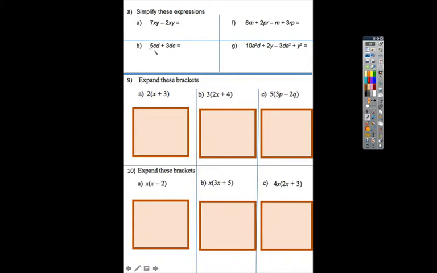Remember that 5CD is the same as 5DC. If you remember when we did 2 times 3, well, that was the same as 3 times 2. And you know that there's going to be a times that's going on between the numbers and the letters. So 5 times C times D is the same as 5 times D times C. Now going on to this question,